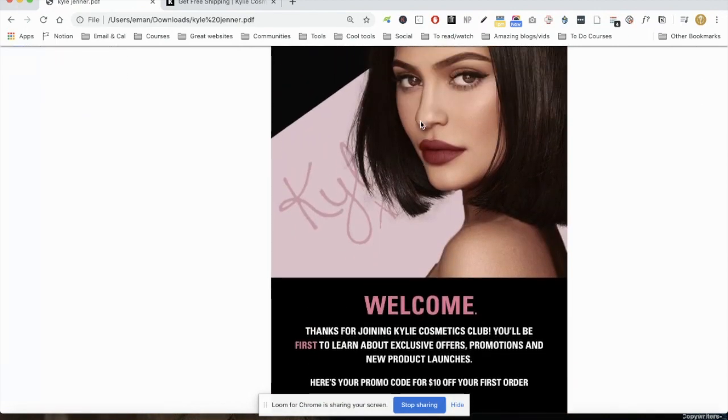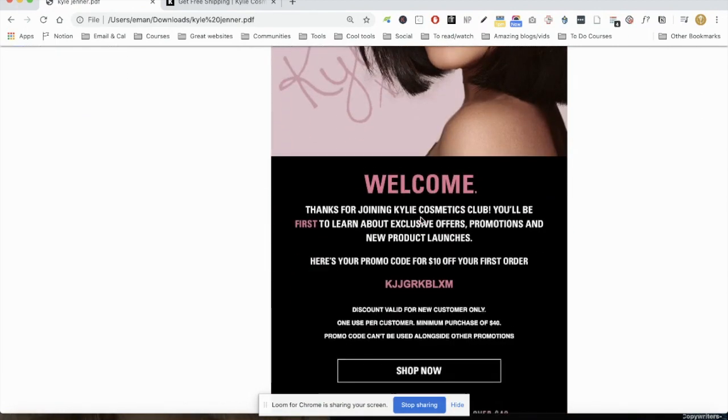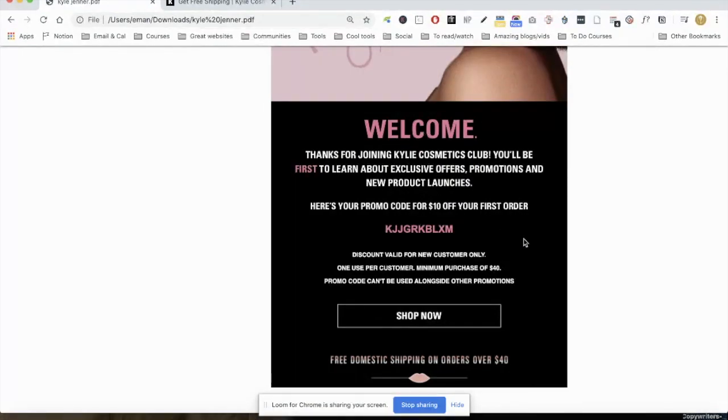So if we scroll down, we've got a nice picture of Kylie, and the copy says, "Welcome. Thanks for joining Kylie Cosmetics Club. You'll be first to learn about exclusive offers, promotions, and new product launches. Here's your promo code for $10 off your first order." Then we've got a nice promo code. So a promo code or a discount or an offer is a great way to get people to sign up